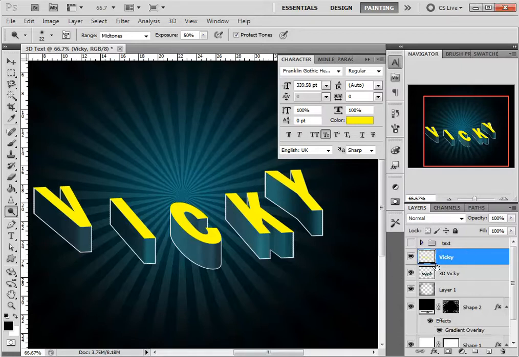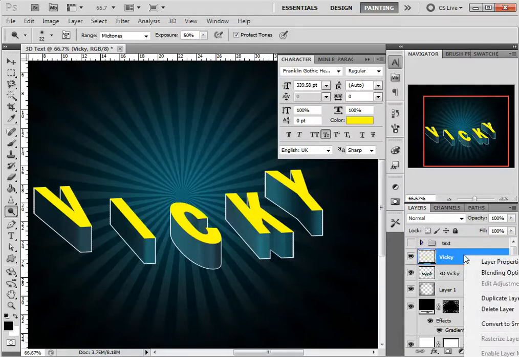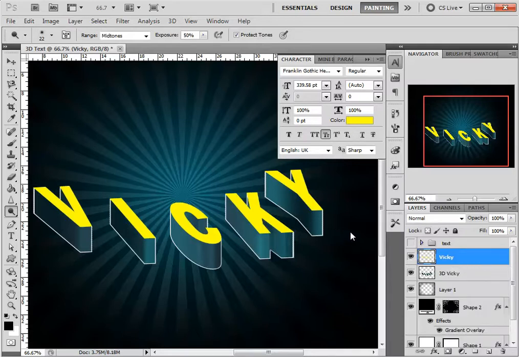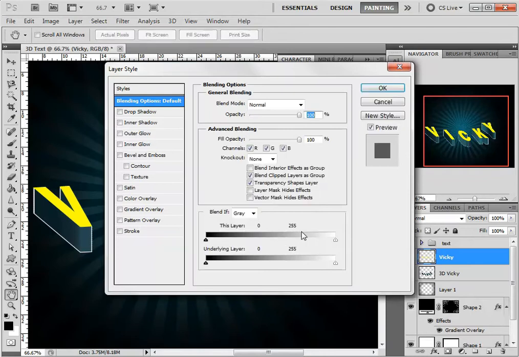Well, whatever you've called yourself, you can use your name, or you can use a keyword or a username. If the blending options don't come up, you can always right click and go to blending options. I think it's not coming up for me because I'm recording, but if you double click it should come up for you. Just mine's being a bit slow at the moment. So I'm going to go on Gradient Overlay,